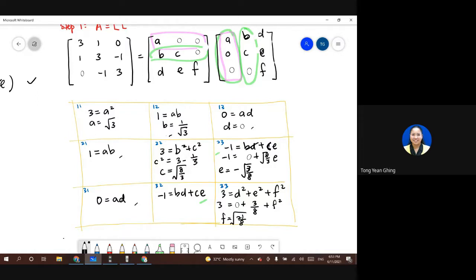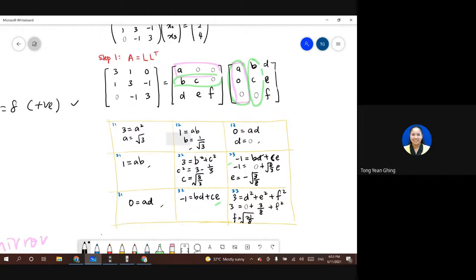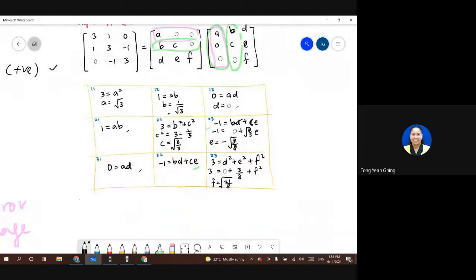So when we get all the values here, we can put our L. A is this one, 0, 0, B, C, D is 0, E is, and then F. Okay, our L transpose will be